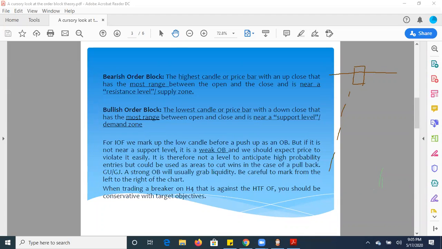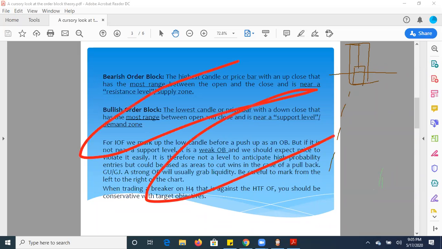You could have a bearish candle, however, with a very long wick. I'll still consider that as my order block. So the order block, in this case for a bearish order block, is the candle at the highest point. For the sake of simplicity, let's just say the bullish candle with the highest close. But like I explained, there are times, depending on your broker and whatever feed they use,